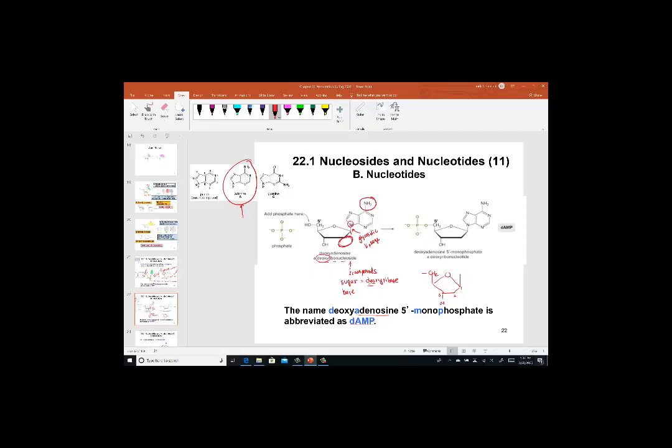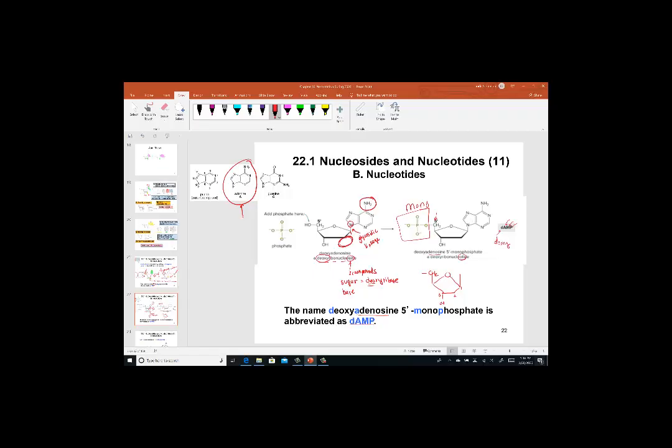Now I want to turn that from a nucleoside to a nucleotide. So I'm going to add the phosphate group. At carbon number 5, we add 1 phosphate. So that's the mono part of the prefix. Look at this 4-letter code now. The little d stands for deoxy. So if my sugar is lacking the hydroxyl group at carbon 2, you hear deoxy. The A stands for adenosine